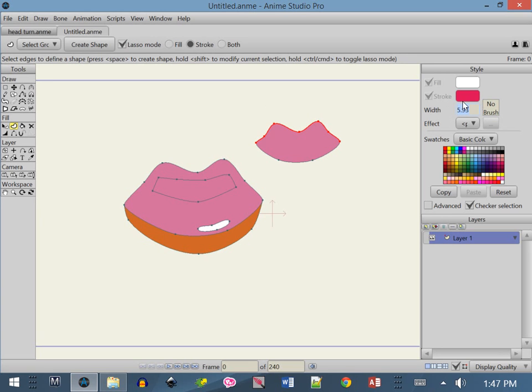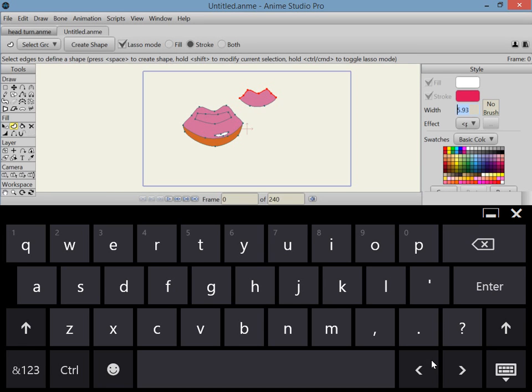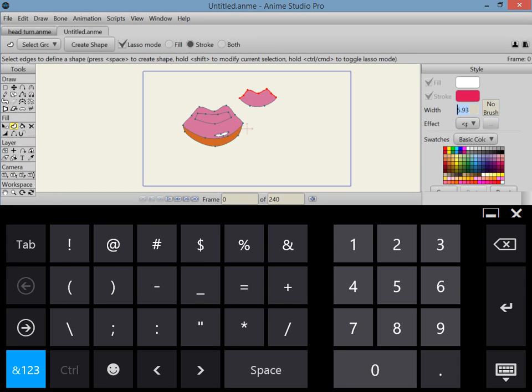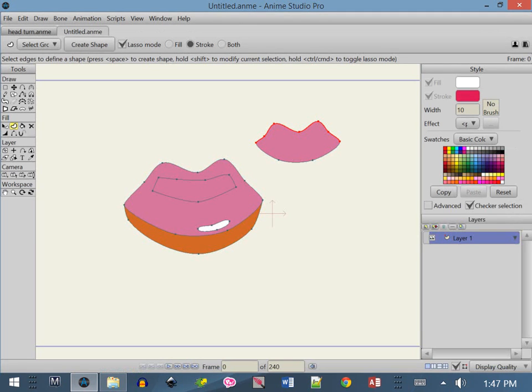And let me go ahead and change the size to, say, perhaps 10. And now I'm going to create the shape here. And that's actually still not as large as I'd like it to be, so I'll select those and use the